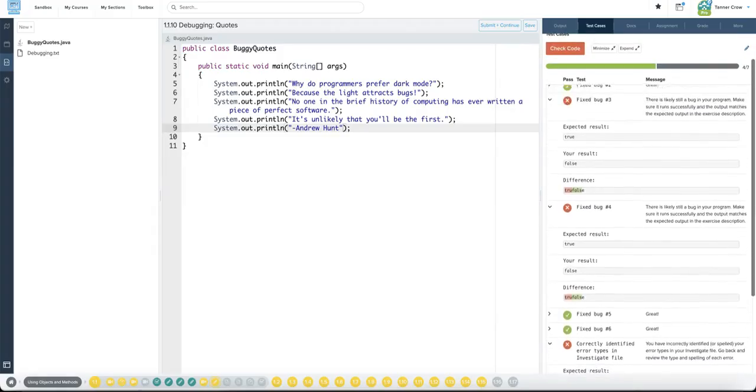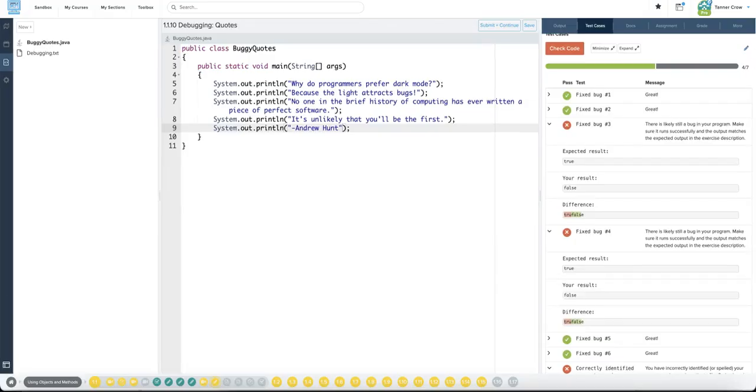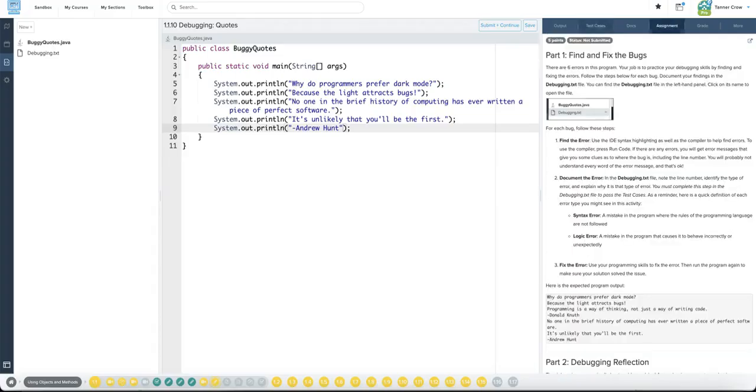And then there's still a bug. Make sure it runs successfully and the output matches the expected output in the exercise. Okay, so it's probably something to do with the expected output if I did that correctly. Okay, this is not in my code. So I need to add a system.out.println under